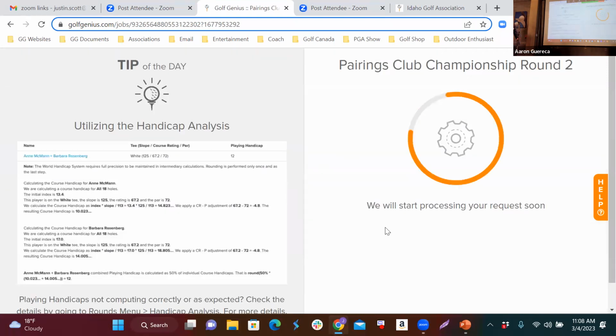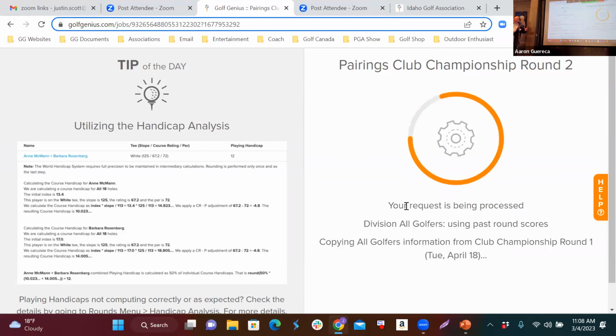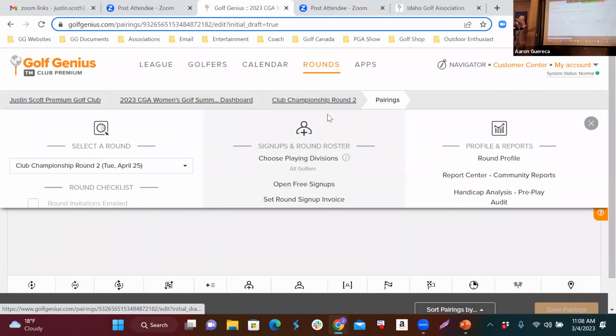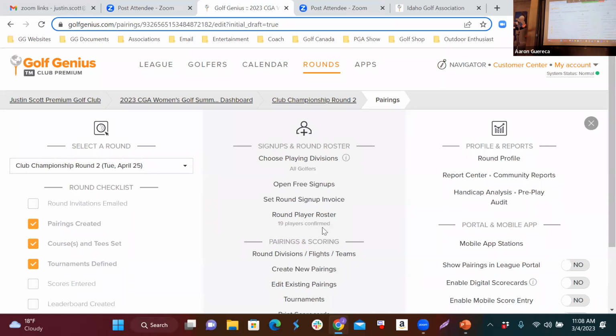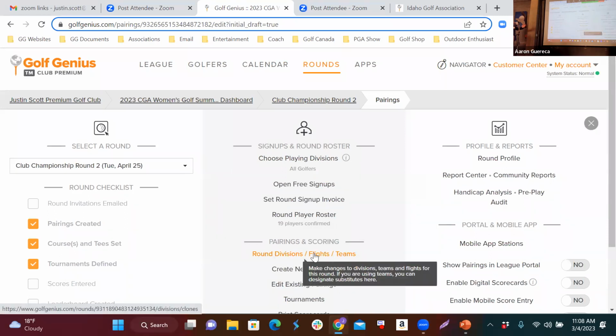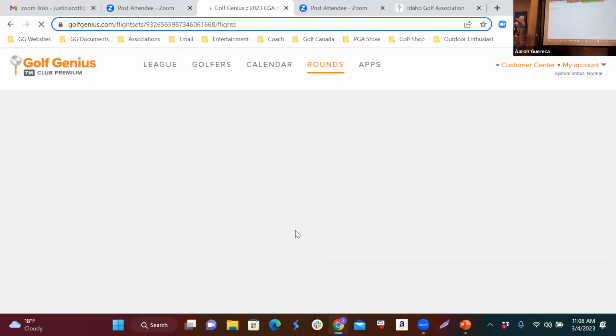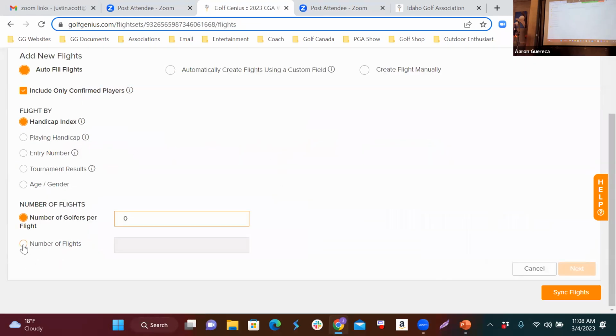I'm kind of trying to find how you link the 2 different flights that you're creating in individual rounds to generate a result, because normally they are individual flights. So now where is my club championship multi-round tournament? Because if I come in and create another flight here, if I flight these golfers, right? But if I do that, it's going to say